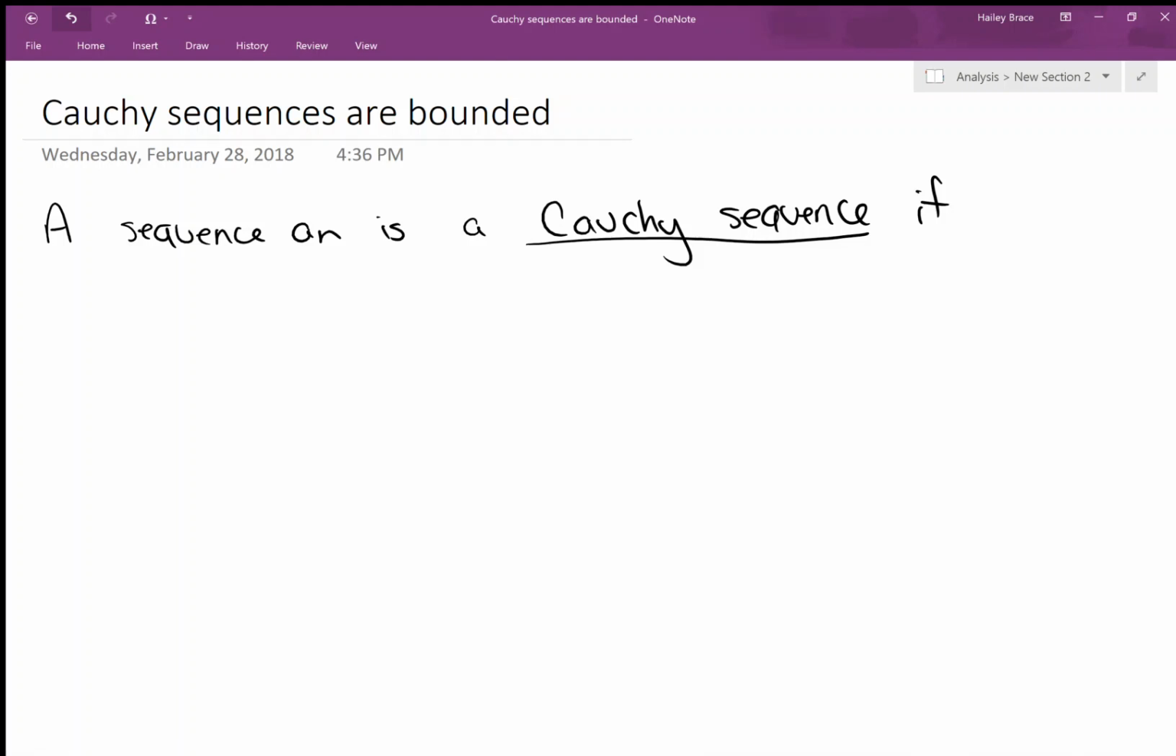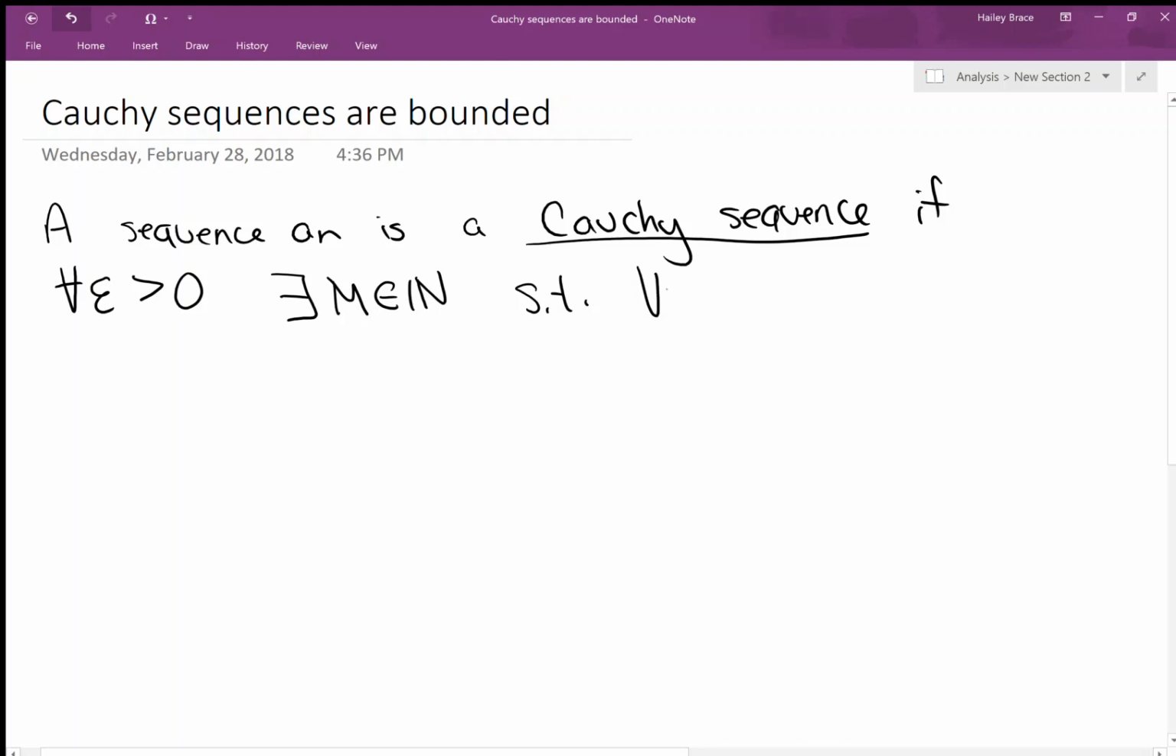In this video, I'm going to show that any sequence that's a Cauchy sequence is also bounded. So first remember that a sequence a_n is a Cauchy sequence if for all epsilon greater than 0, there exists a natural number m such that for all j, k greater than or equal to m, the absolute value of a_j minus a_k is